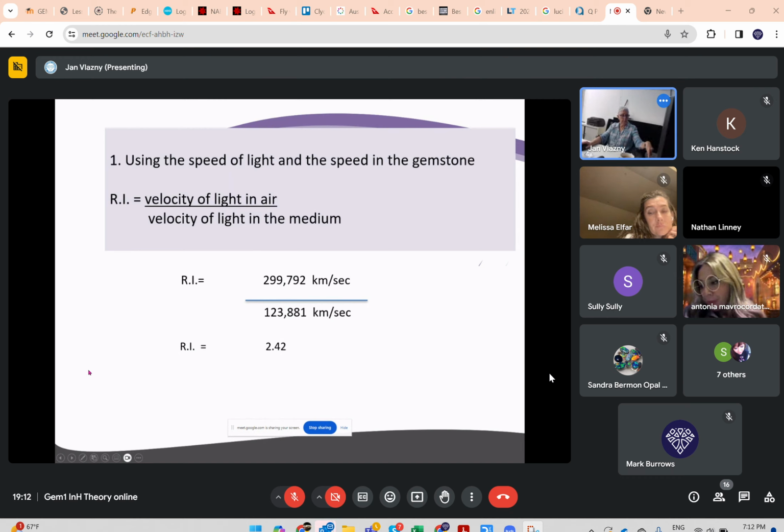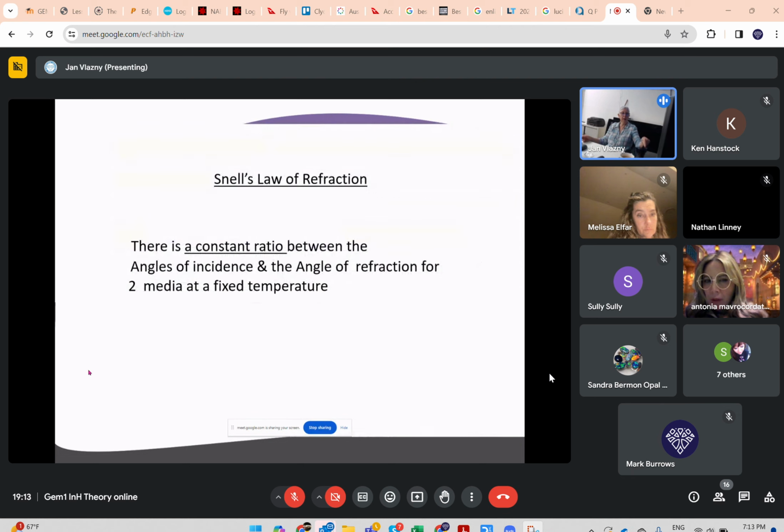Now the second one is where we say that the ratio of those angles are equal. Now if they ask you for a definition of the RI in words or a formula, if you say that the ratio of the angle of incidence and the angle of refraction is fixed for 2 particular mediums and a wavelength of light, that is the correct answer. But mathematically,